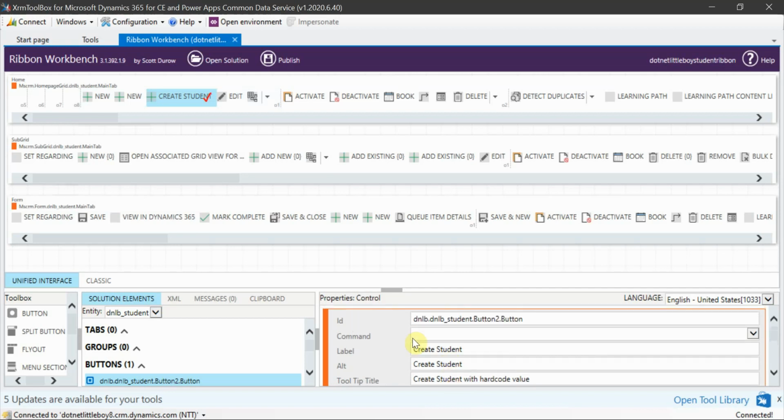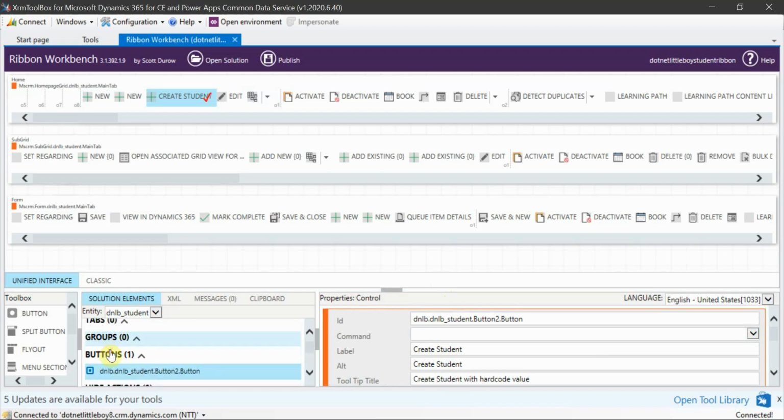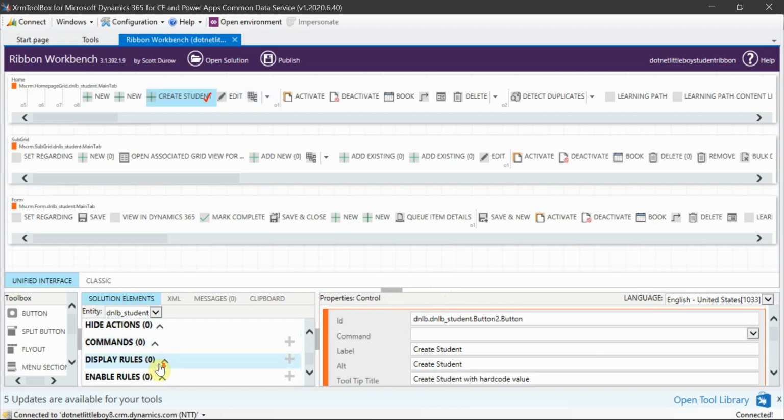However, if you see here, this is the command which we will be developing now, and this command you can create with JavaScript or however you want. Inside, on the left side, you will see the actions which will be performed and the entity which is selected. Since inside this solution I have only one entity, it is selected by default. But suppose you have selected a solution which has more than one entity, then you have to change the entity, and then you have to select the view.